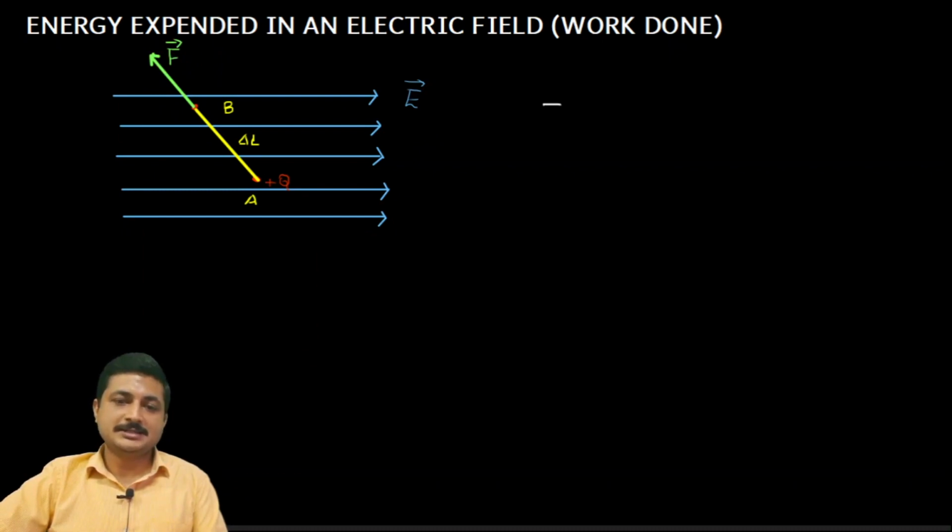A big yes is the answer, because we already know that electric field intensity is defined as force upon charge. The force experienced by a unit positive charge can be treated as electric field intensity. So electric field intensity is nothing but F by Q. From that I can easily get F. F is nothing but the magnitude of my charge multiplied by the field intensity. So F is QE. Now listen.